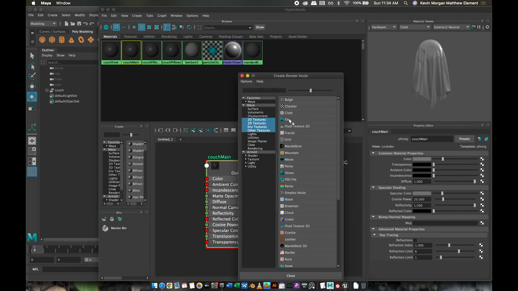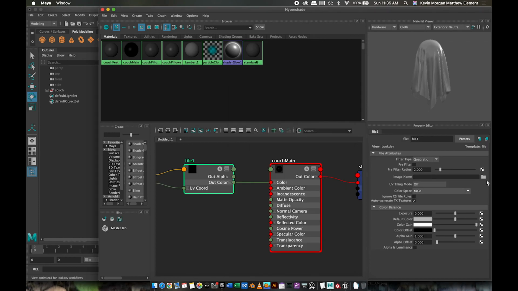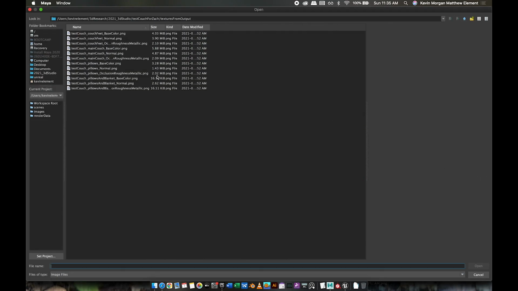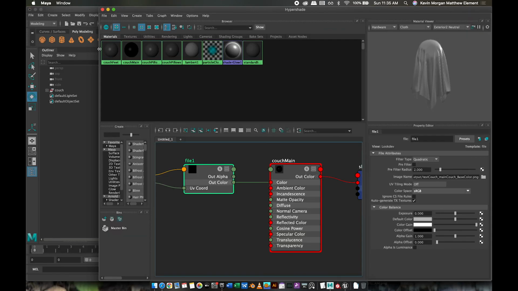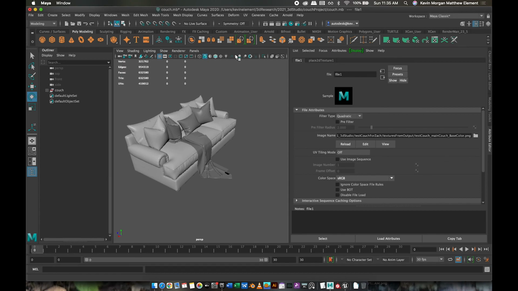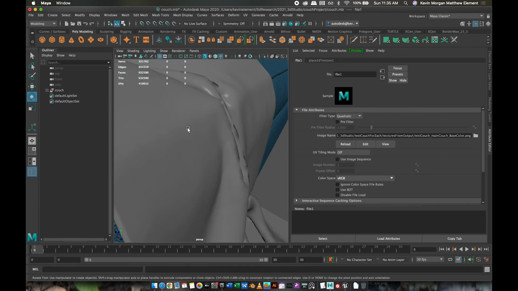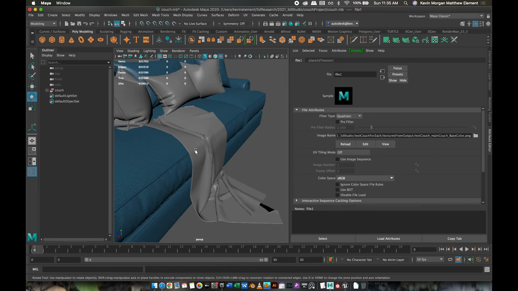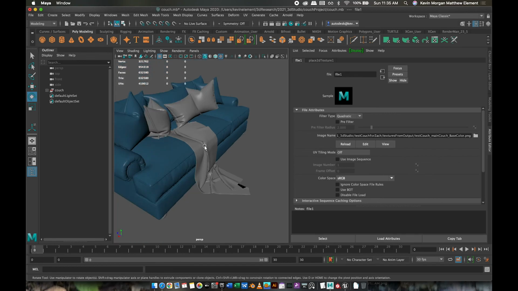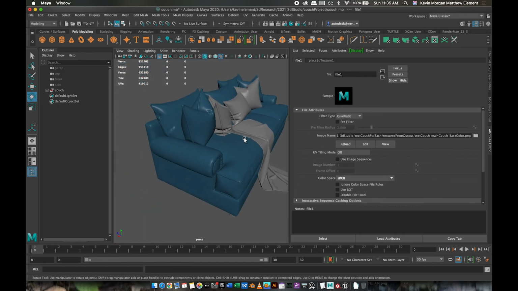I can just load in a file, and just to prove a point, I'm going to grab the test couch main base color and just throw that at that shader. And switch over to textured view, and et voila. So even though it's Phong, we're driving it with that bitmap data. It's a little shiny, but we don't get that full physically based shader experience that we would get from